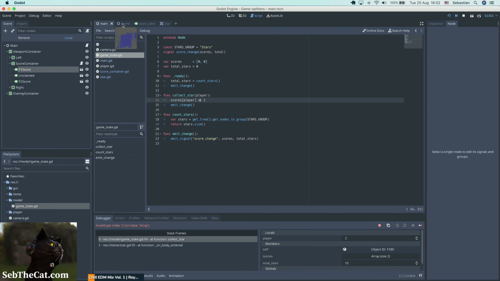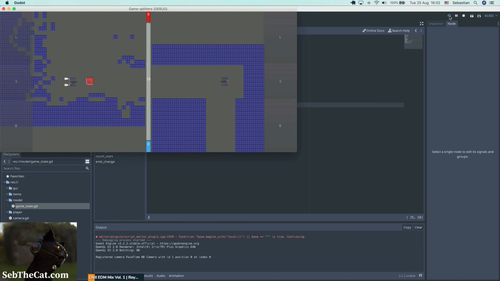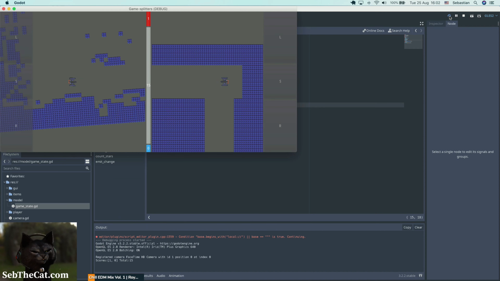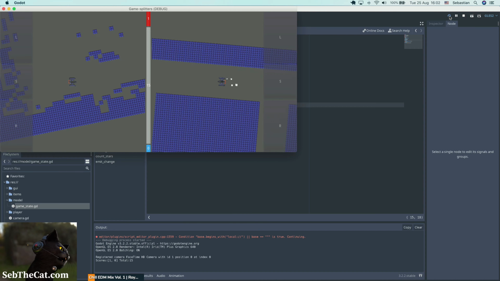So actually, scores, so it's actually scores player -1 because the indices are 0 based. Okay, so that's better because I think player 1 should be probably red and